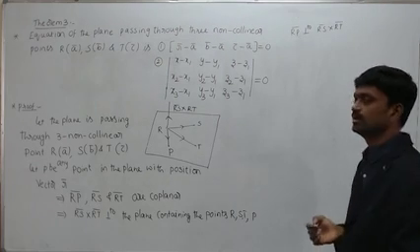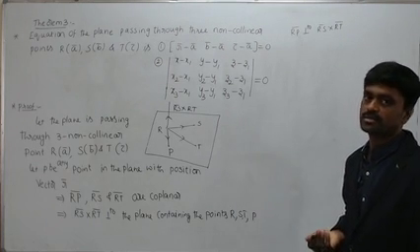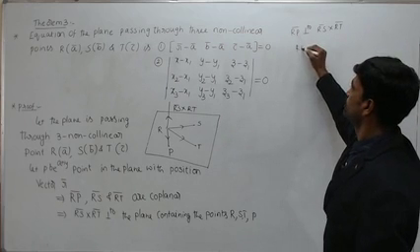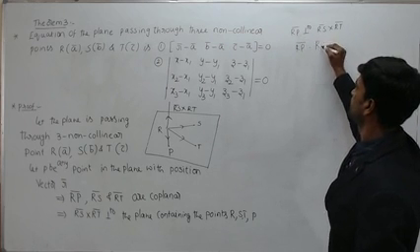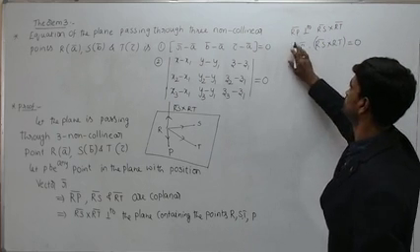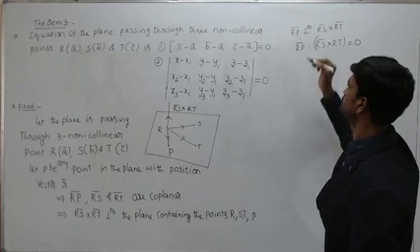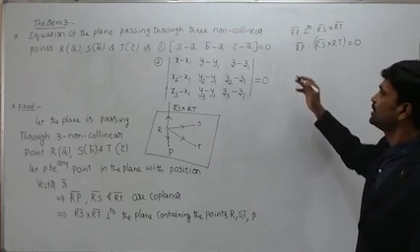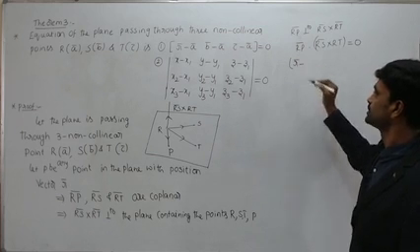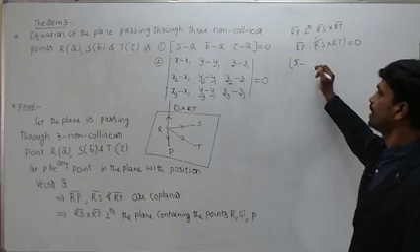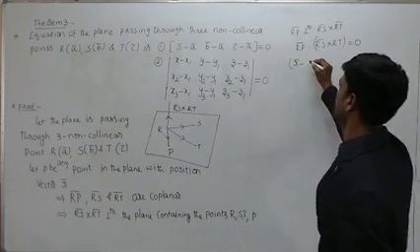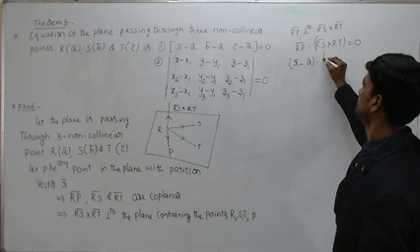So this implies that the vector RP bar is perpendicular to RS bar cross RT bar. So again, perpendicular condition. As these two vectors are perpendicular, their dot product must be equal to what? 0. So the dot product of these two vectors, that is RP bar dot RS bar cross RT bar, becomes 0. RP bar is nothing but OP bar minus OR bar. OP bar is r bar, minus OR bar. What is OR bar? What is the position vector of R? a bar. So r bar minus a bar dot RS bar.